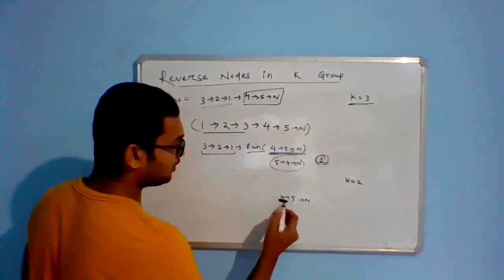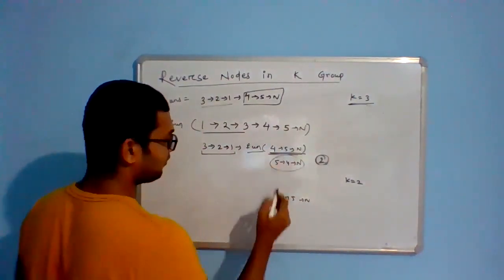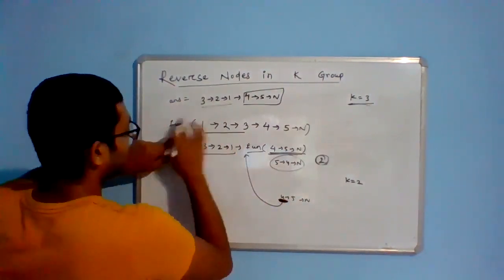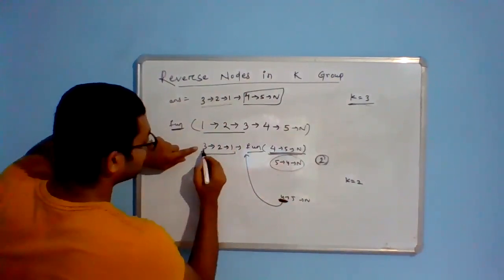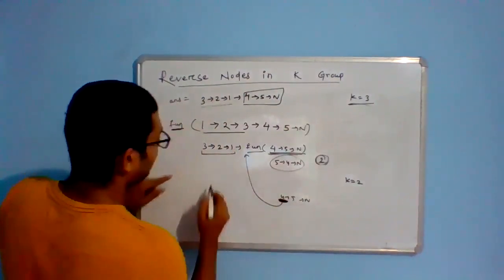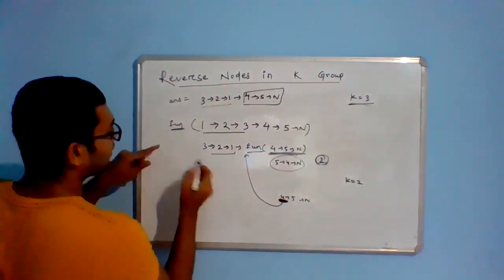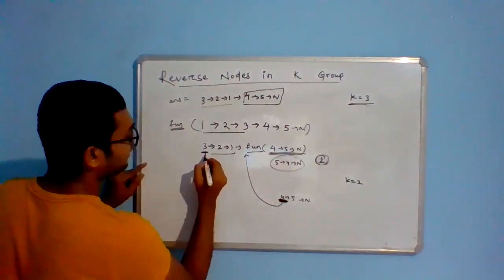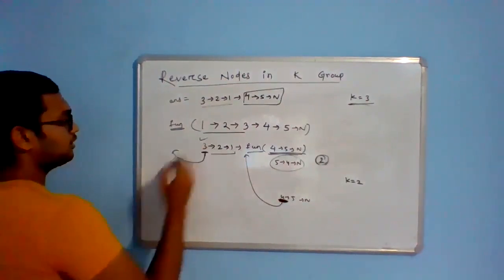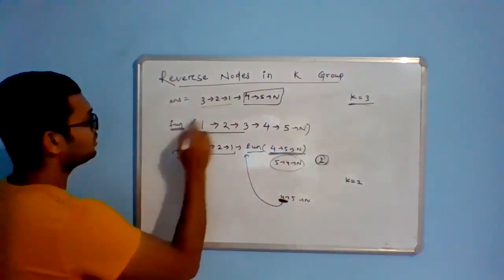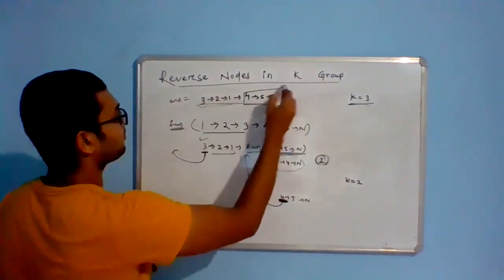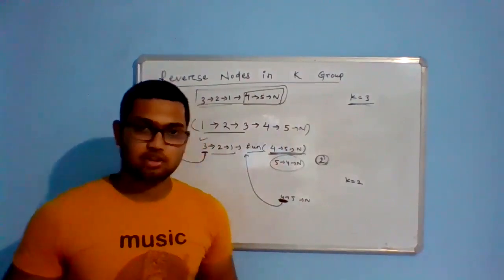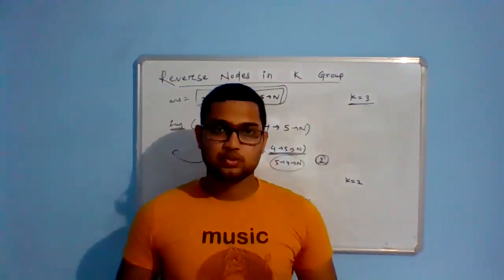This particular head will be returned as the answer for this function. So the final sublist for this function would look like 3, 2, 1, then 4, then 5, then null. And as the answer for this function, we will return the head of the newly created list, which is 3. So this is the answer, right? I believe that you have understood this question, the logic behind it. So let's quickly code it out.